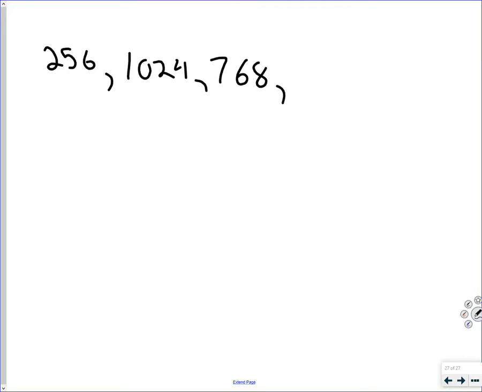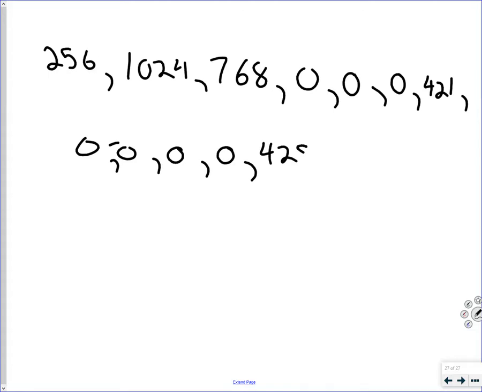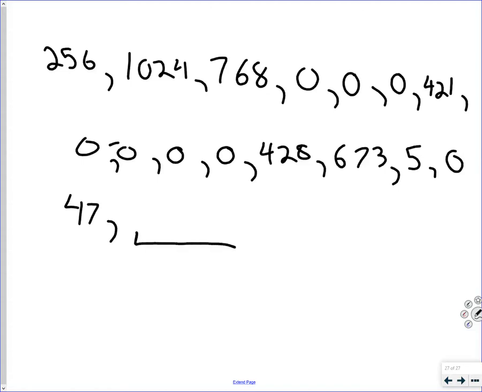And then it starts in with all the patterns, right? So the first is a 0, then a 0, then a 0, then a 421, then a 0, then a 0, then a 0, then a 428, then a 673, then a 5, then a 0, etc. You get the idea? What compression software does is it starts looking for patterns. So let's say it had a 47, and then there were 220 zeros at that point. Wouldn't it be easier to store 220 times 0 right there? Absolutely it would. So what compression software does is it starts looking for patterns in the bits and making the patterns more collective. It what's called tokenizes